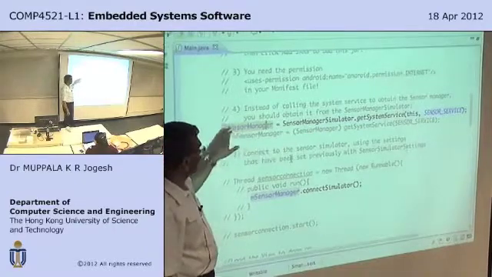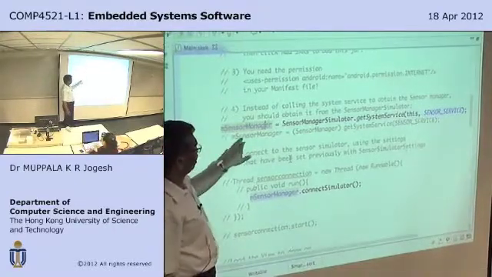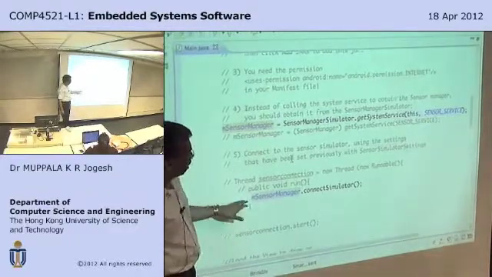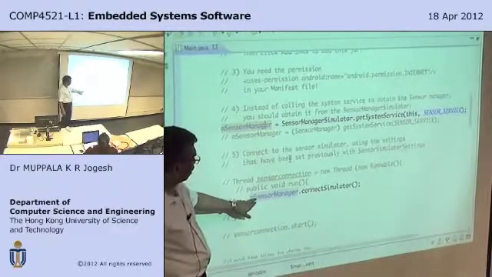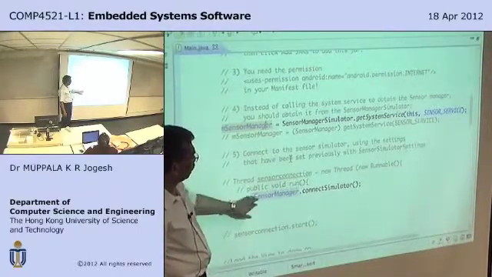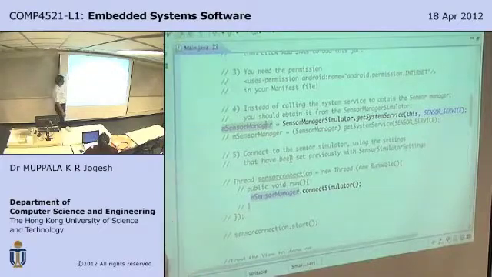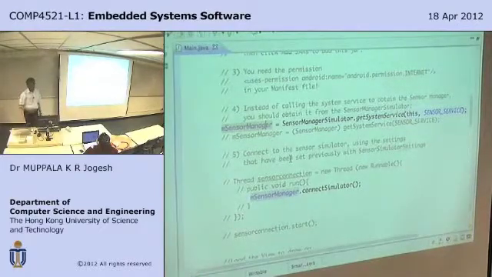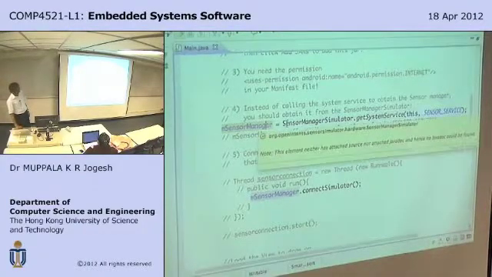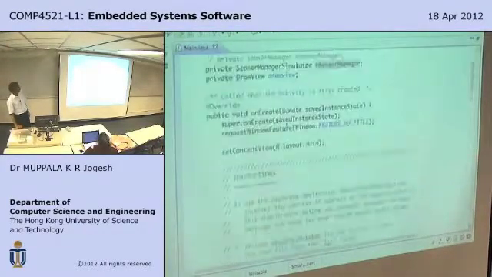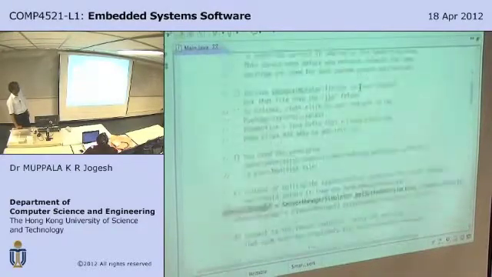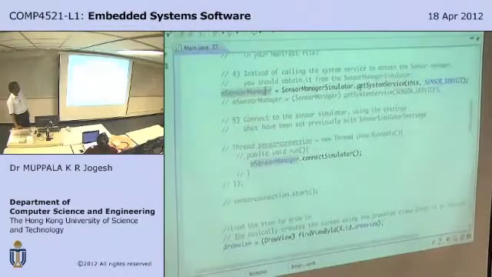For the real device, you need to remove this, you need to make some changes up there, and then you need to uncomment this in order to make it work. And then this particular one is needed only when you are making use of a connection to the simulator. If you are using a real device, you don't need that. Now, as you realize, the sensor event listener, obviously you are going to implement